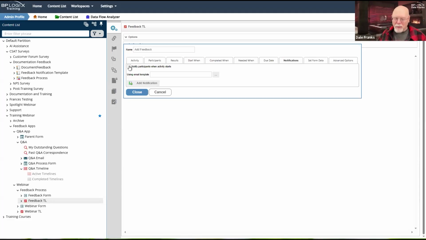Also, the thing that I was just talking about just a second ago. Let's say the user flubs it badly. They click add feedback, they open the form, and then somehow they inadvertently close it. Okay, in that case, they haven't submitted anything. They may have lost whatever they were going to submit as feedback. But we're okay because this is a task that's assigned to them. So it's still going to show up in their task list. So they still have a task. They still have to complete it.